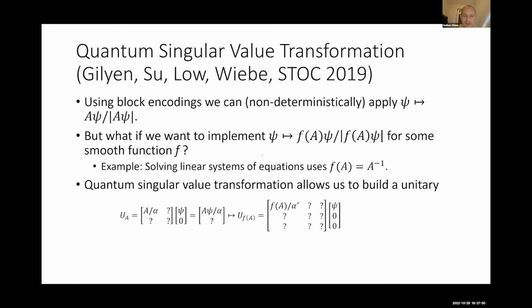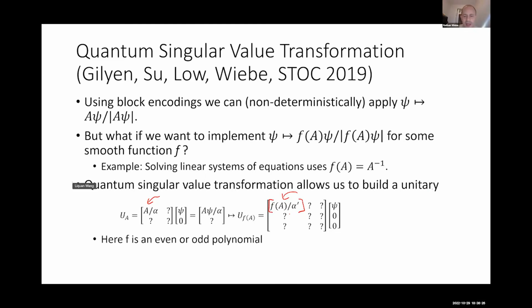And the basic idea behind this is that, as I said before, we build a unitary that block encodes the matrix that we want to transform. In this case, I'm assuming for simplicity that the matrix A here is positive semi-definite. So what we'd like to do is take that matrix A, which is block encoded here, and construct an even bigger block encoding such that the function of A is encoded in that block at the top. And that's what the quantum singular value transformation does. It gives you a prescription for carrying this out.